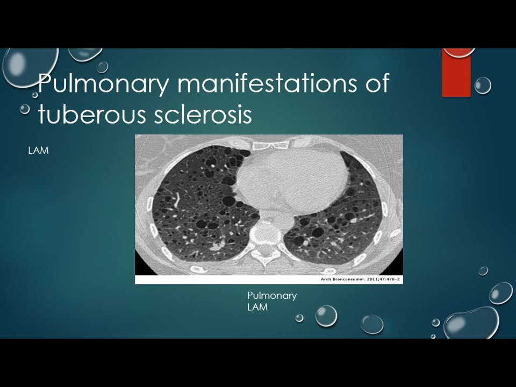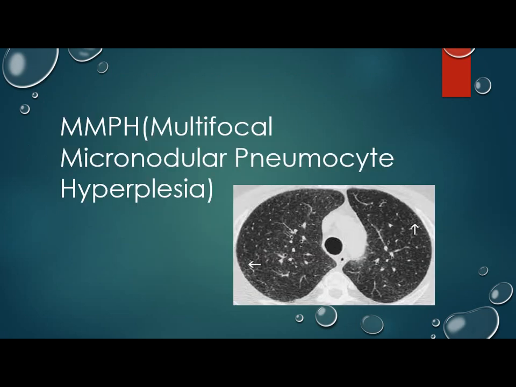The other disease is multifocal micronodular pulmonary hyperplasia. As I said, they changed its name because the other name is more descriptive. This disease shows 1 to 8 millimeter nodules scattered in all the lung parenchyma, and it needs no treatment. Sometimes it's difficult to differentiate it from granulomatous disease or metastasis, but as it is associated with tuberous sclerosis, it is diagnostic for this disease.